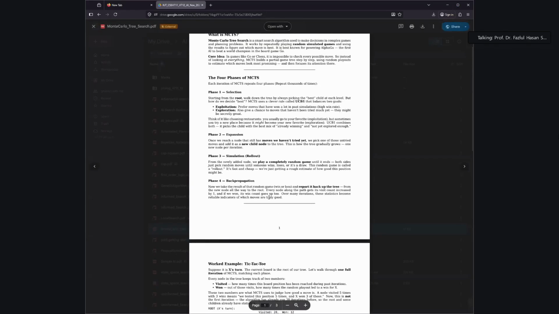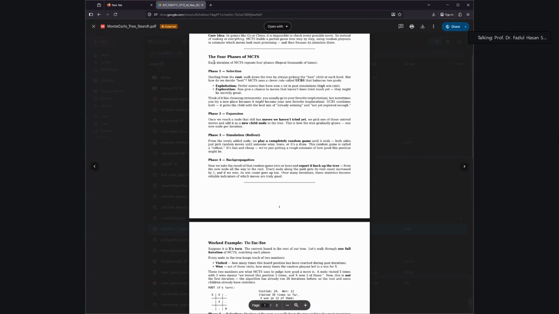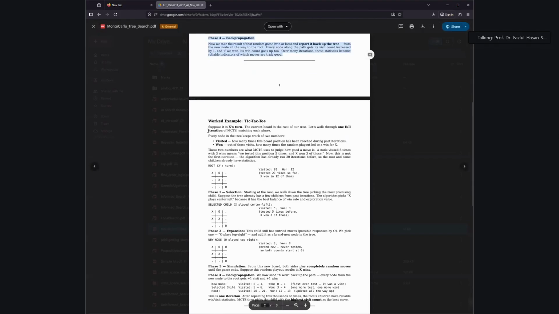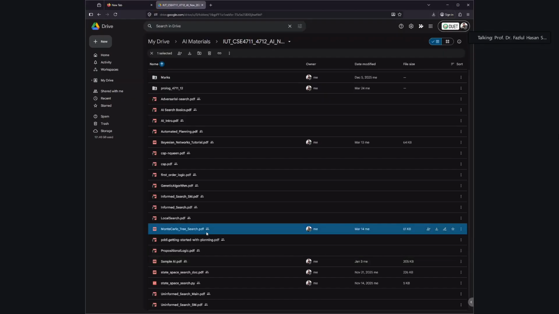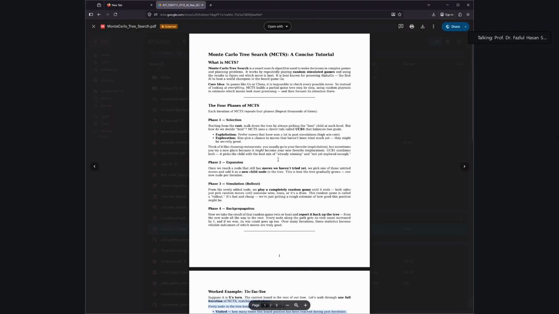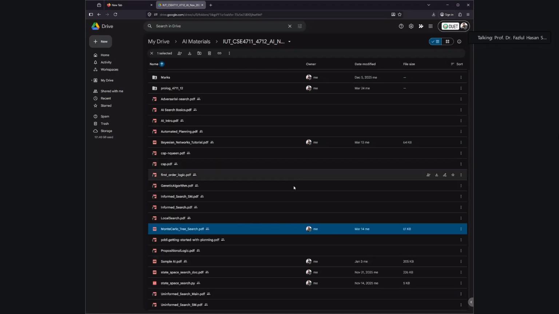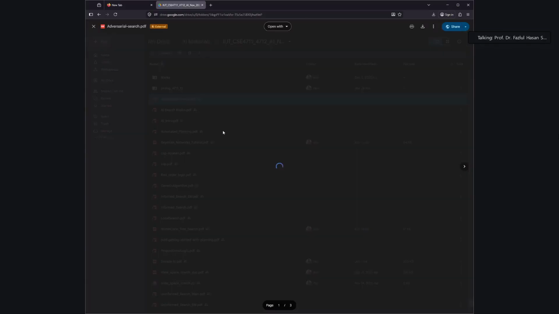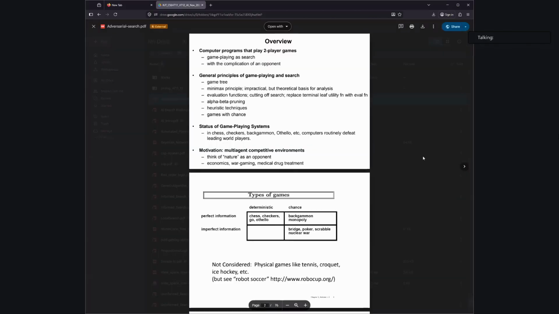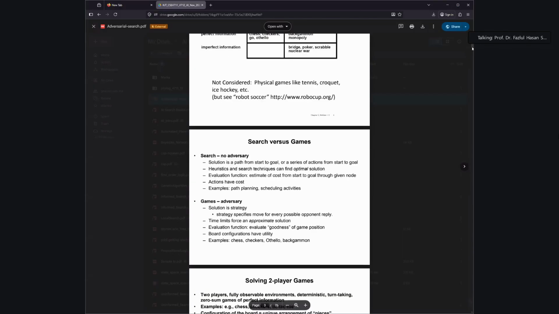And how? For explaining the how, these are the phases. So these are the phases, and with the same phases, this is an example, example-wise clarification. Yeah, but since I didn't cover it in too much detail, the basic understanding is good enough. So this is again one part of the adversarial search, and also the main slide is here, adversarial search. Yeah, again only the part that I have covered.